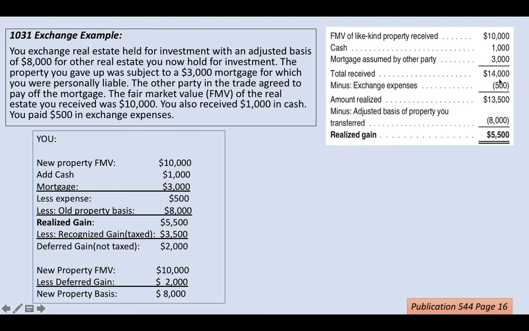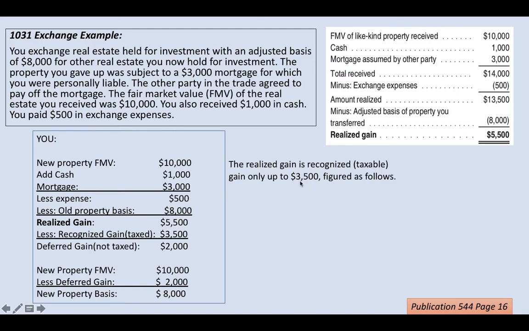You received $14,000, then minus the exchange expense of $500, so the amount you realized is $13,500. Then your amount realized minus your adjusted basis is your realized gain. The IRS says the realized gain is recognized, taxable,